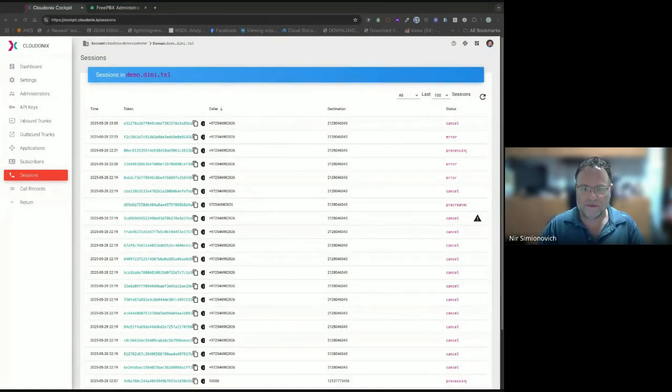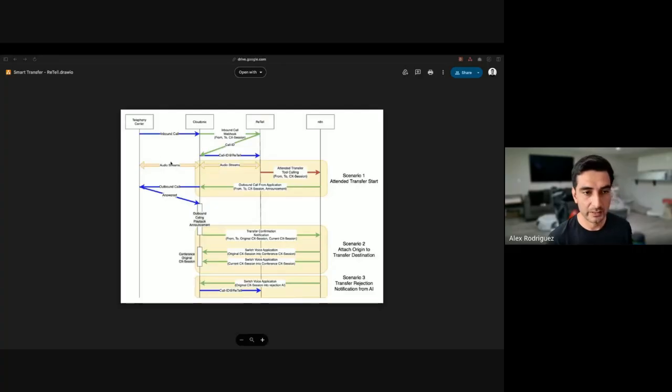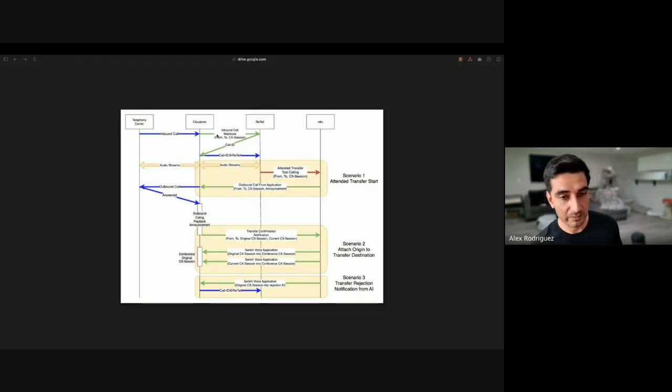Alex, I think the best thing to do right now is to show the flows that we worked on. So what's going to happen here is we're essentially going to be receiving an inbound call. For that call, we're going to use the inbound webhook, where we're going to create a Cloudonix session. During the Cloudonix session, we're then going to pass a call ID, and we're going to pass this over to Retell using the register phone call there.